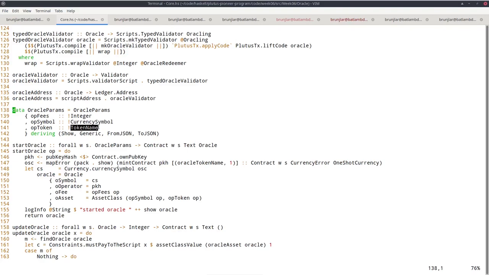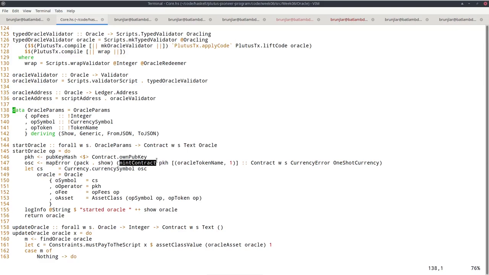And I could of course have used the code we developed in the last lecture, our NFT code. That would have been perfectly fine. But I decided to instead use one of the provided use cases from the Plutus use cases package in the Plutus repository. There's a currency module that provides a mint contract function, and that can be used to mint NFTs.